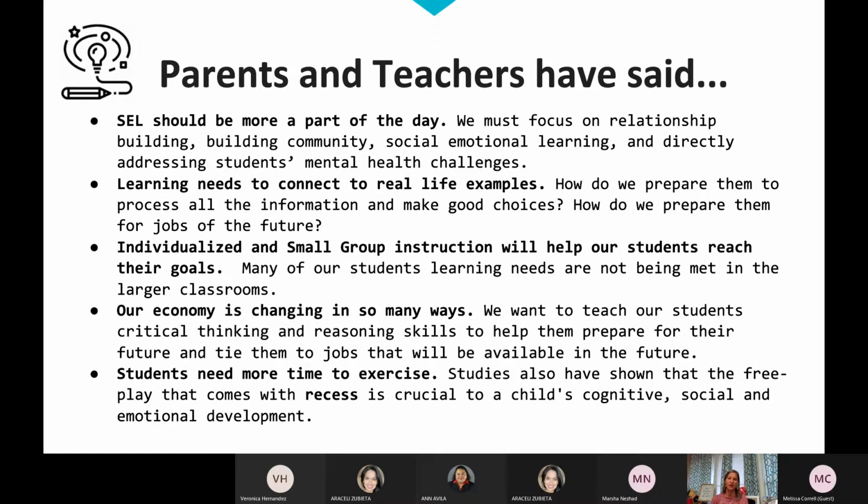with our students. And so typically in a traditional classroom, the teacher is doing her very best to reach every student. But when you have a class of 22 students, you're really kind of teaching to the middle of the row. Like there's some students that are higher and some are lower, and you're doing your best job to really meet everyone's needs. Well, we have a plan for that, how we're going to address that with our small group